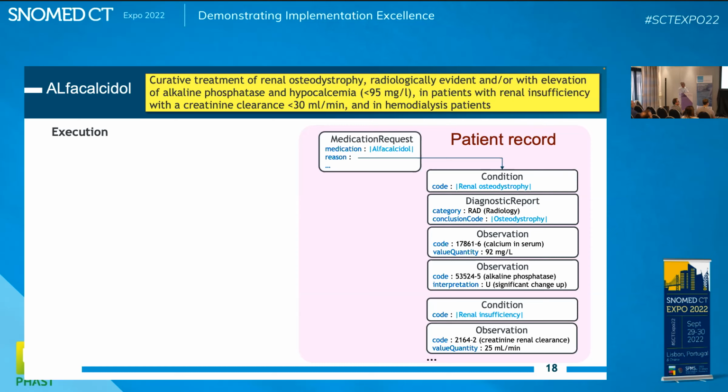For instance, when prescribing the medication, so the prescription is represented by the medication request resource. And then you have all the other resources, condition, diagnostic reports, observations, which convey all the data that stand in the patient record, against which